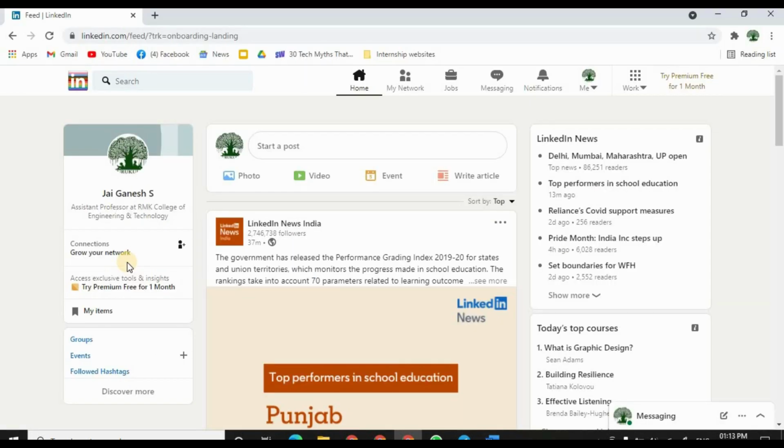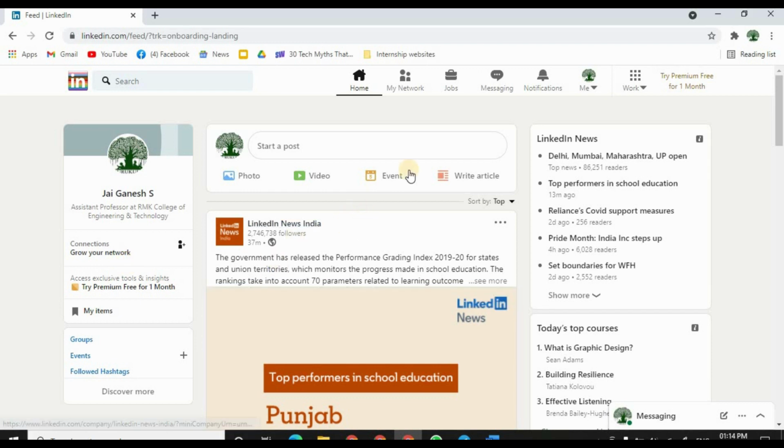So this is how the LinkedIn profile will look without any subscription. This is my secondary account, where I have not subscribed to LinkedIn Learning. So the website will look very similar if you do not have any subscription to LinkedIn Learning. What you have to do first, as I already said, is walk through the LinkedIn Learning website and identify the courses which are very much suitable for you.